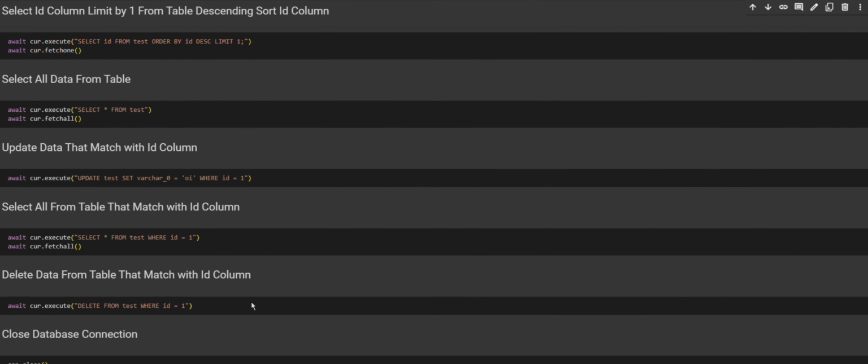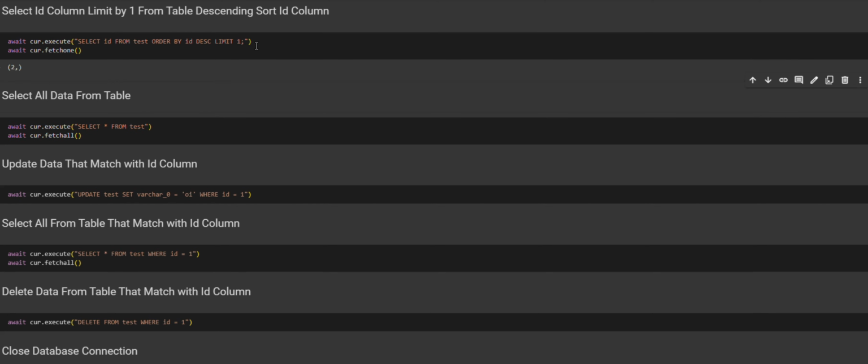Next, we will select the ID column, limit by 1, from the table test that we created before. We sort by the ID column, sorting descending. Okay, we execute this, and here's the result.